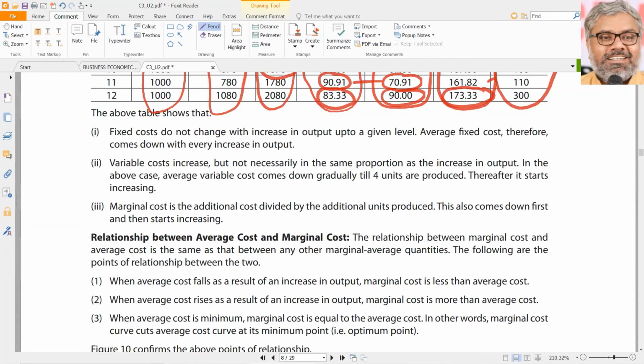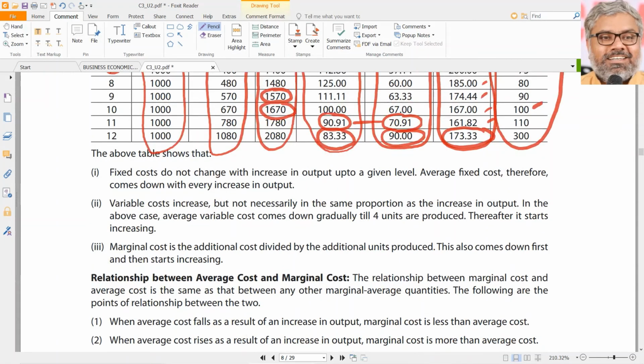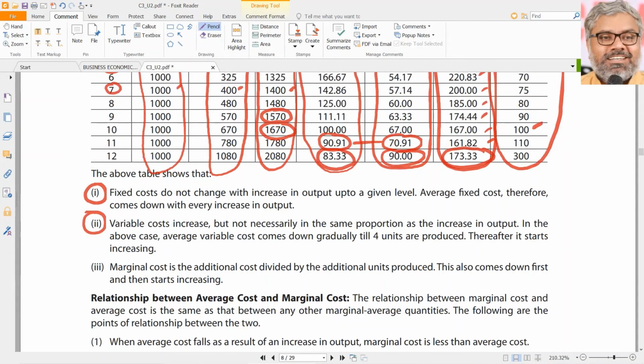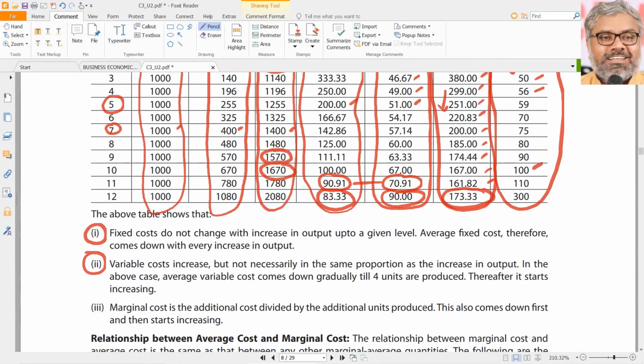But now look at the other points also to be noted here. First point, the fixed costs do not change with increase in output up to a given level. We know that. That is why the average fixed cost always comes down with every increase in output. We know that. Just a summary. Second, variable cost increases, but not necessarily in the same proportion as the increase in output. Variable cost and output are directly related, that is sure, but are they proportionately related? Not necessarily. So in this above case, the average variable cost comes down gradually till